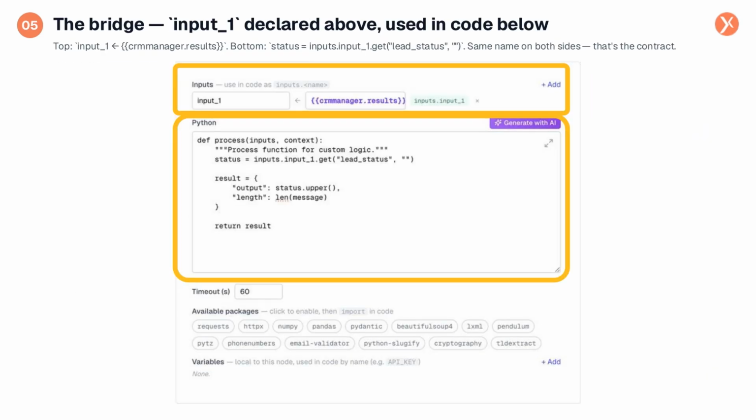This slide highlights the critical connection between your input mapping and your Python code. Observe the input_1 variable name defined in the input section at the top. This exact name is then used within your code, as seen in inputs.input_ake.get lead_status. This consistent naming convention is the core contract. The input section declares what's available, and your code consumes it using that precise name. Renaming an input, for instance, from input_ake to lead, automatically updates its access path to inputs.lead, ensuring clarity and readability